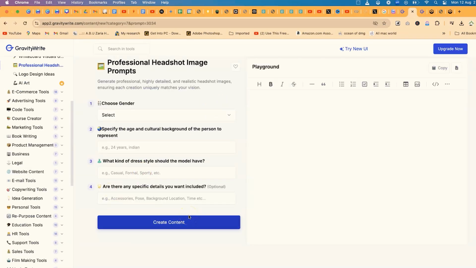It can give you a sample prompt that you can use, but then you have to specify the gender, and you have to specify the age and cultural background of the person, assuming let's say 35, African. What kind of dress style should the model have? You can just go ahead and say formal. Let's say we have, are there any specific details? Let's say we have cinematic